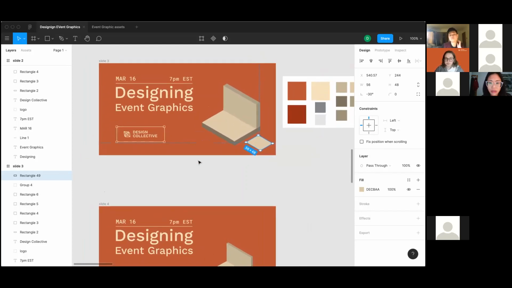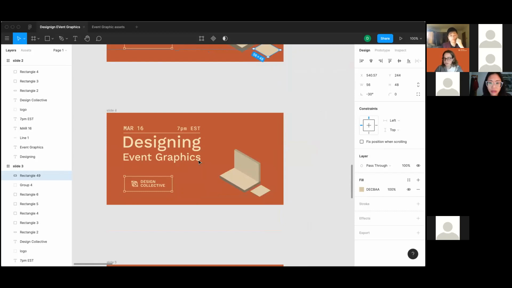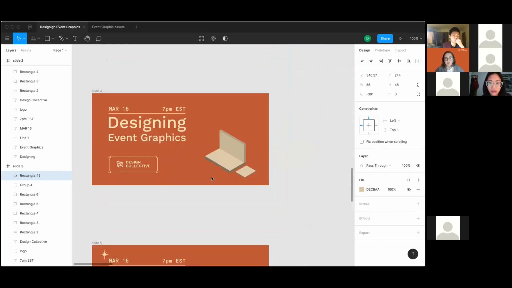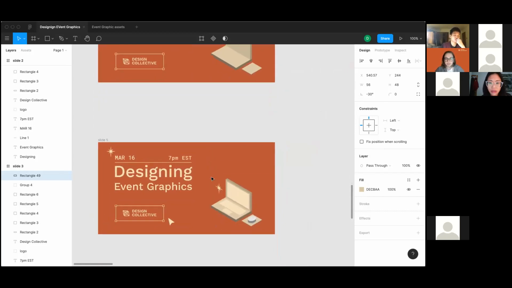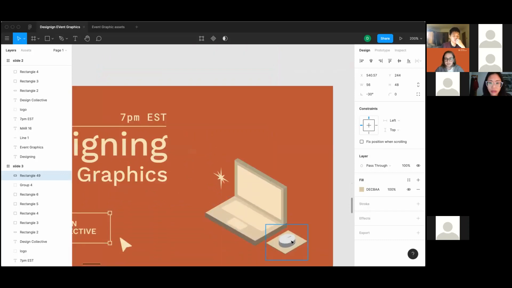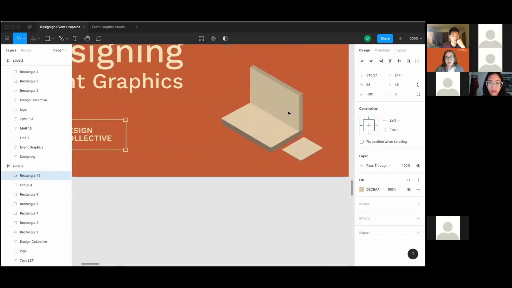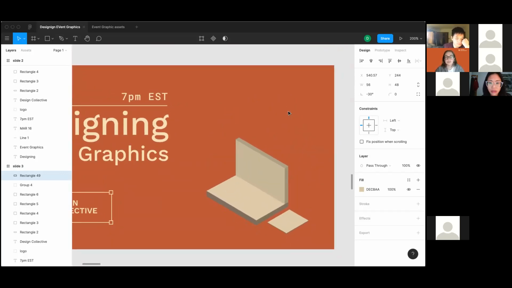So next we are going to build the mouse, which you can see here. I have on this next slide this little circular mouse, but we're actually not going to use the isometric to make it like that. We're going to manipulate a circle. So if you use the O letter, that's the shortcut, or you can go up here to the ellipse, and you're going to create an